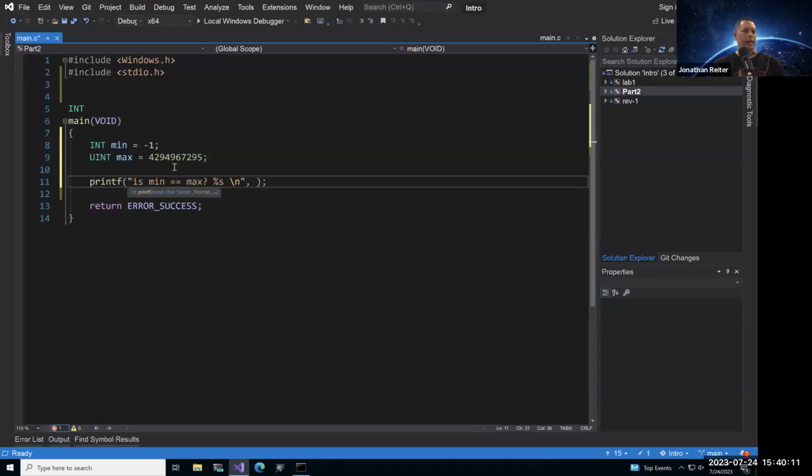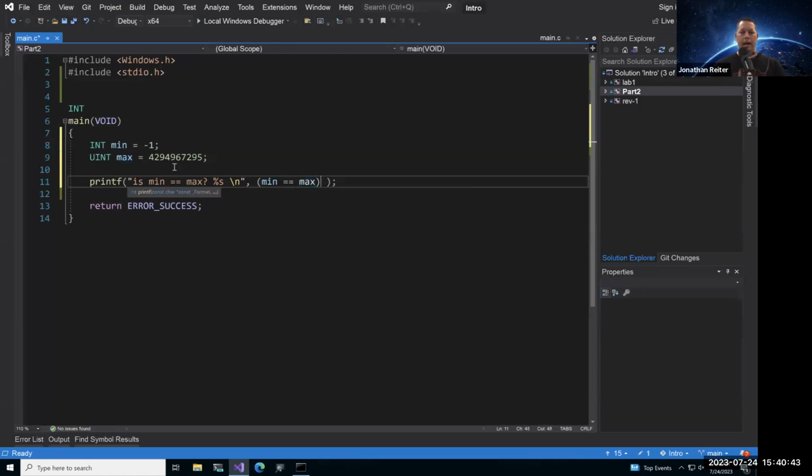With this format string, we're going to go ahead and give it something. So I'm going to teach you something new here, a ternary operator. Let me space that out, make it a little bit more readable. Inside of these parentheses, I've got a comma and then a set of parentheses. We're going to be doing our comparison here. We compare to see if min is equal to max. Just min, a double equal sign, and then max.